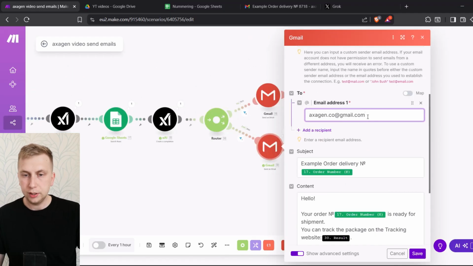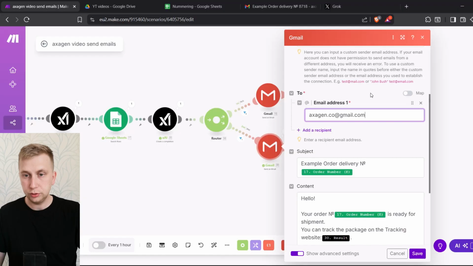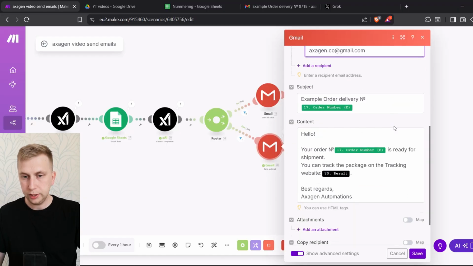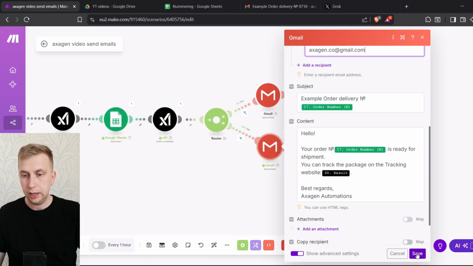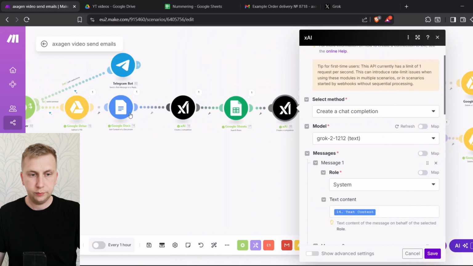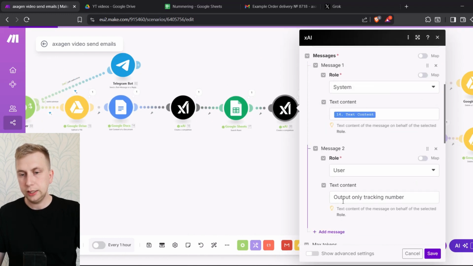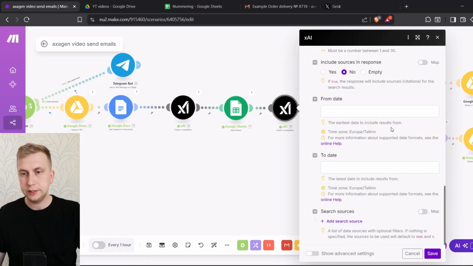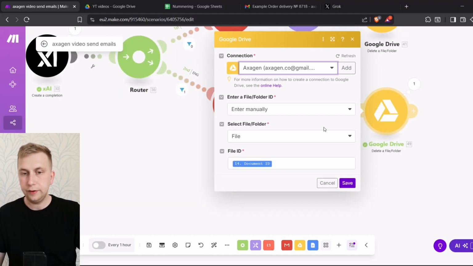Right here I have my own email, but obviously you're going to have an email from Google Sheet. For this video's purpose, to receive this text in my email, I'm going to put my address, and as you can see here it is asking again for the order number and results from the AI. And those results are also taking information from this Google Docs. It is taking a tracking number from this PDF that was sent in an email. And later I have a sleep module, because usually Gmail takes some time to send an email. And later I have a delete a file folder